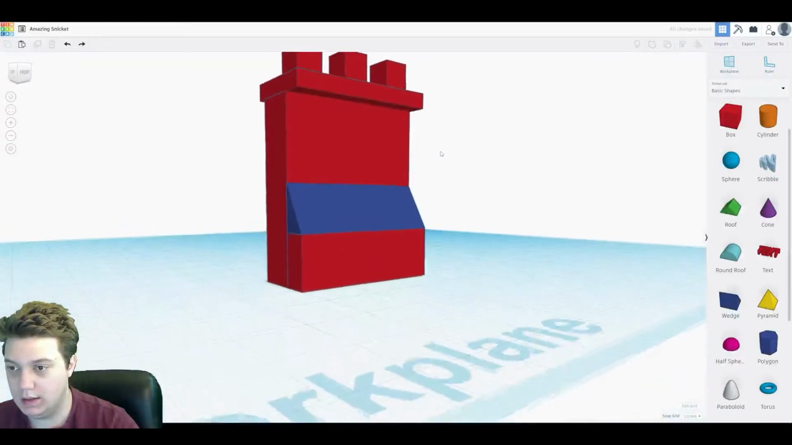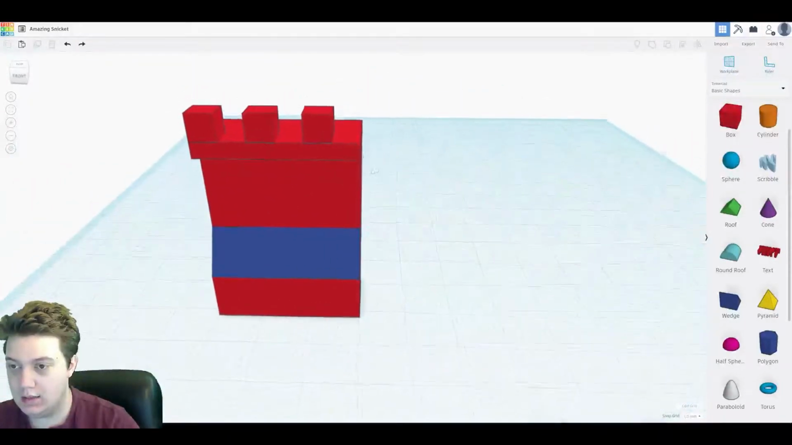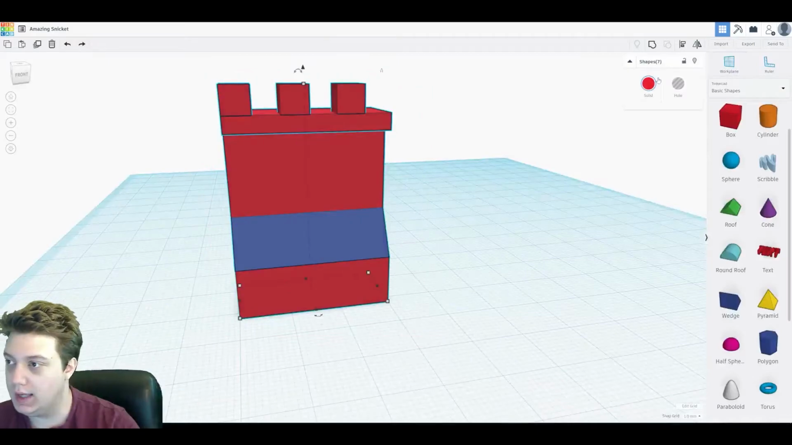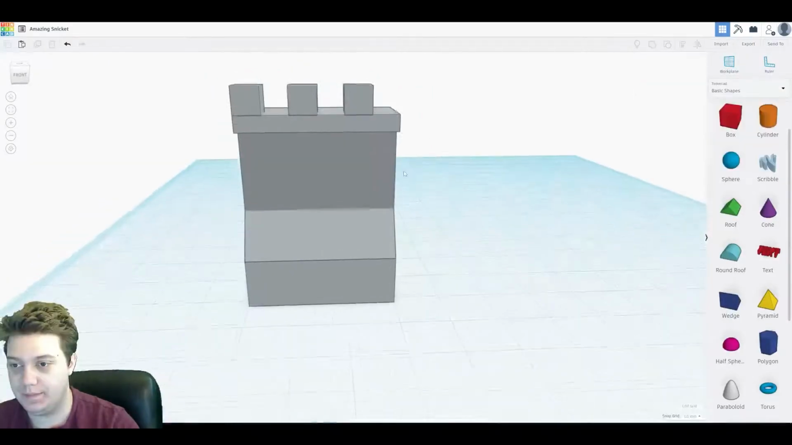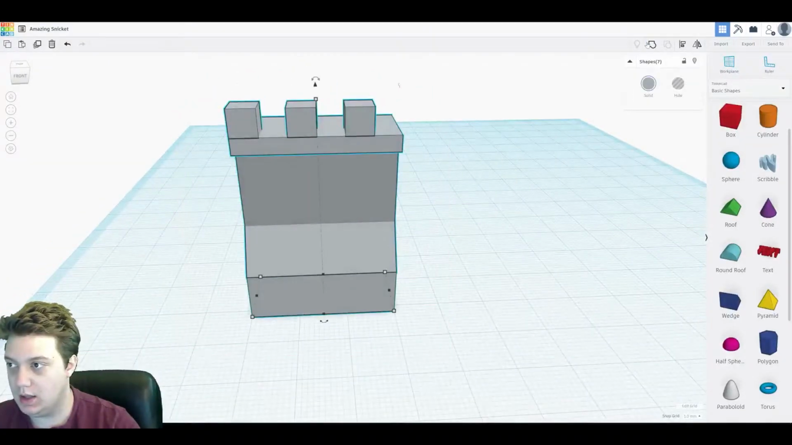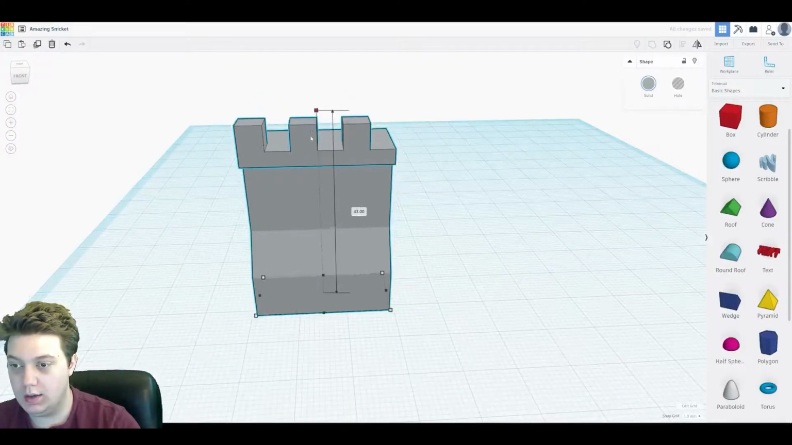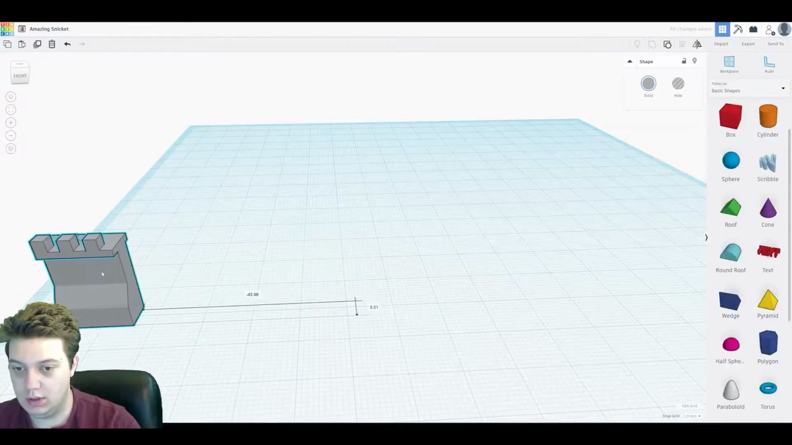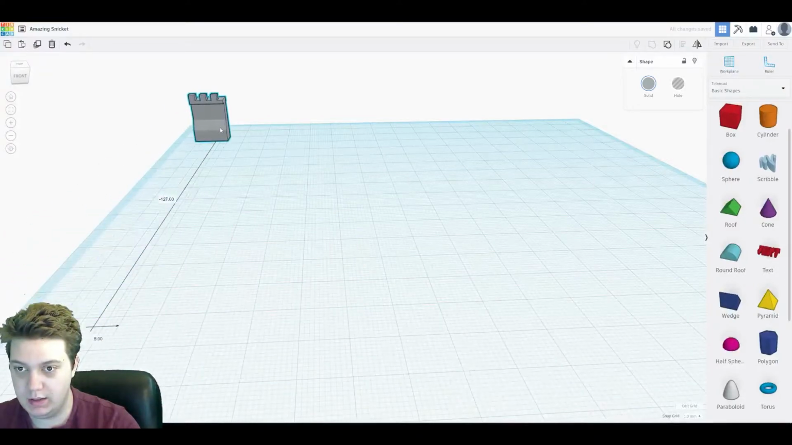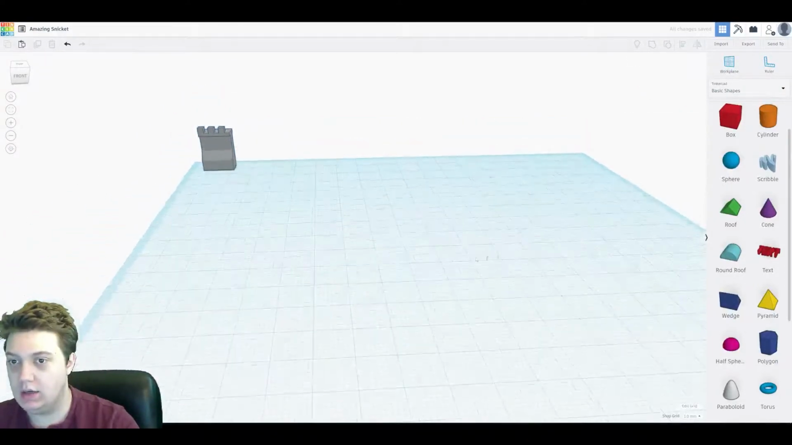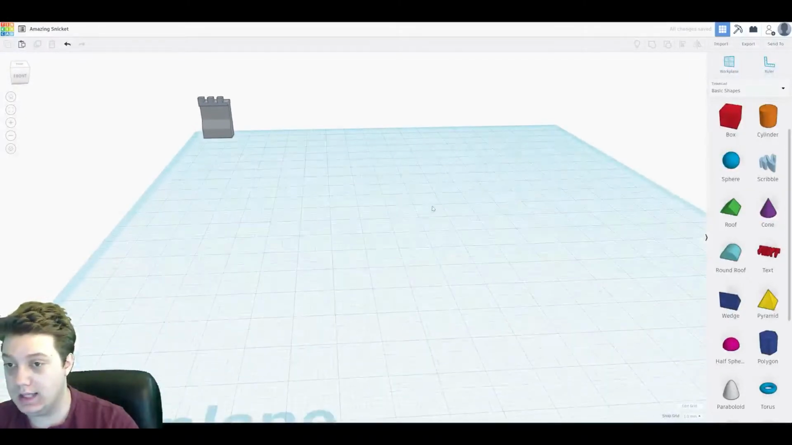Alright. And that's going to be the basic wall for us. Alright, I'm going to select all of this and make it a group. Now I'm going to scale it down and push it over to the side. Actually, we're going to push it back. Alright. Now, to connect these